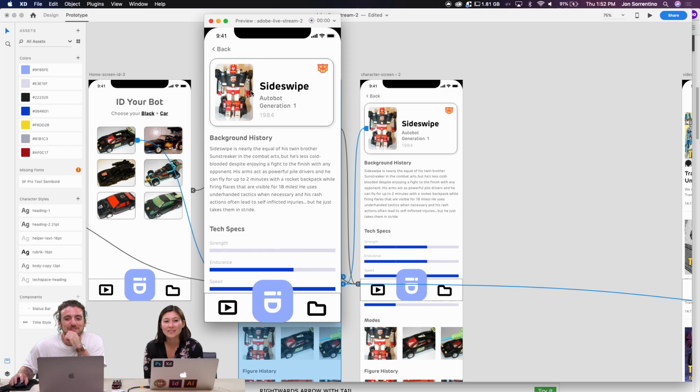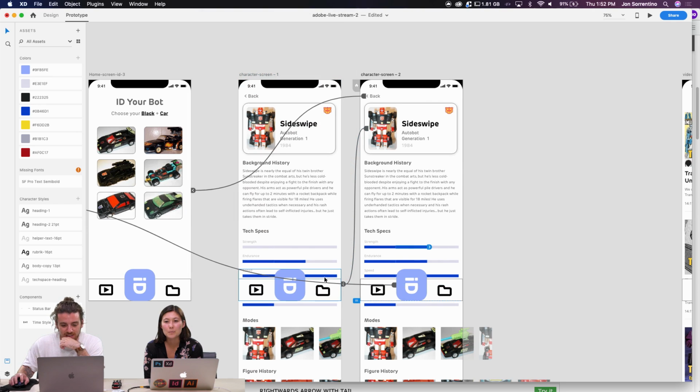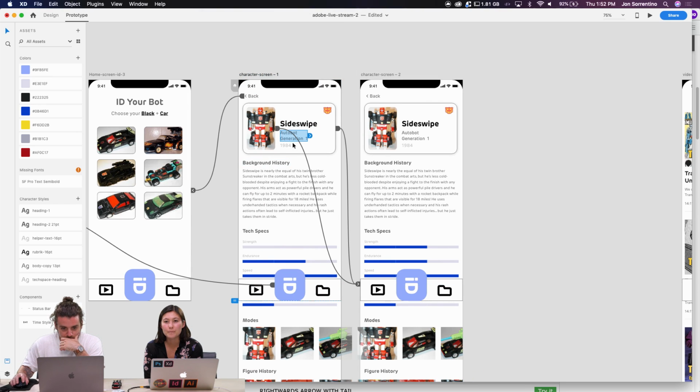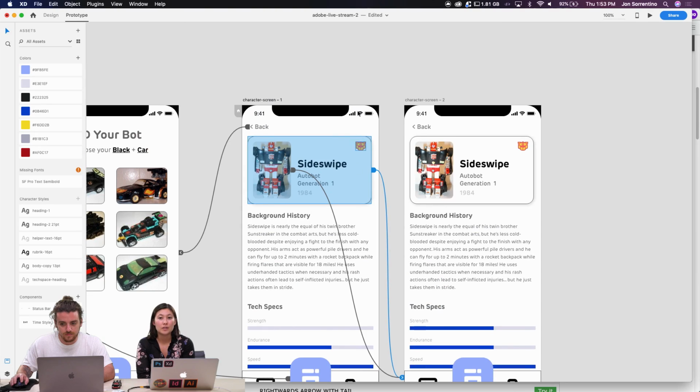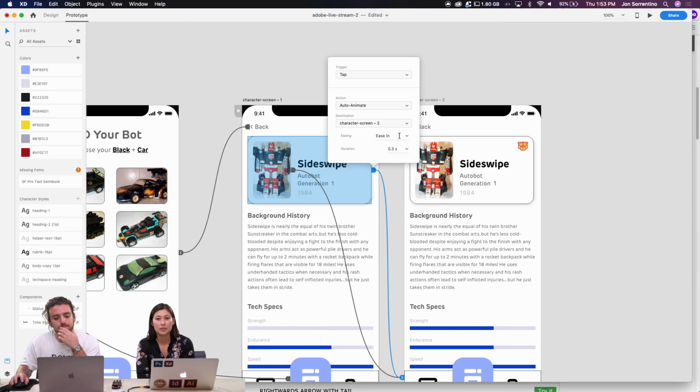Yes. We'd probably want to put a little bit more finesse into that. Maybe we can see if we mess around with the settings a little bit. And that's the thing with auto animate and the prototyping tools, you can start to play with and feel out all the different interactions, and with auto animate you can get some pretty powerful interactions versus just the standard transitions of sliding or fade, dissolve and things like that.